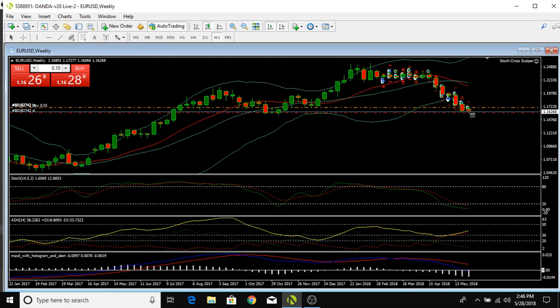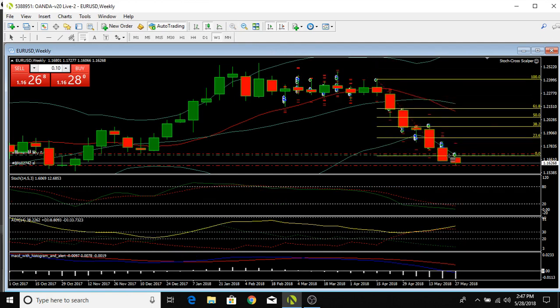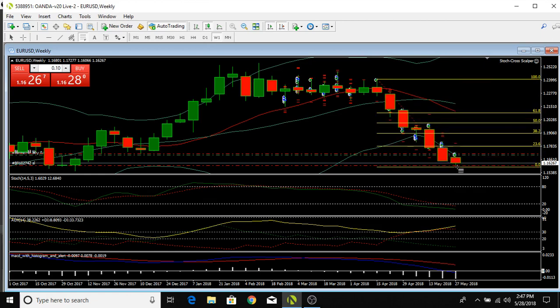So I'm going to put the top of my retrace on when it first showed in the weekly time frame when it started to go down. Let's blow this up a little bit so I can see better. I'm going to go from this peak to this low that was today.